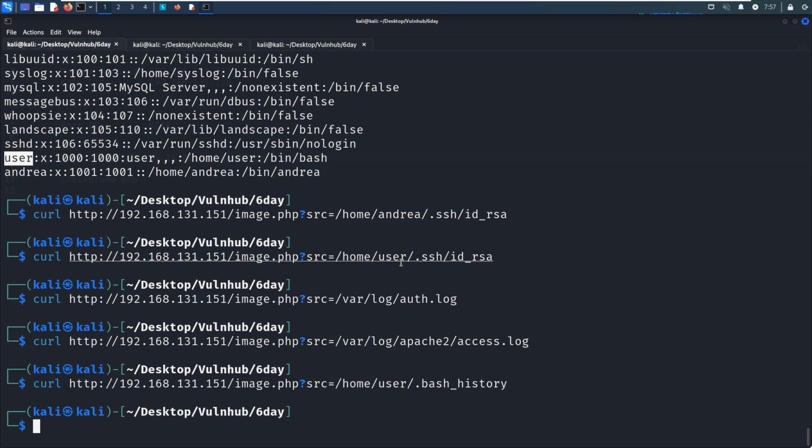So although the target is vulnerable to file inclusion, we cannot go further, right? So how about retrieving the Apache2 configuration file? Okay, so Apache2, sites-available, default.